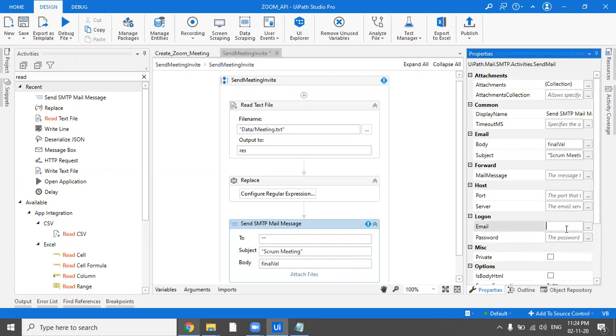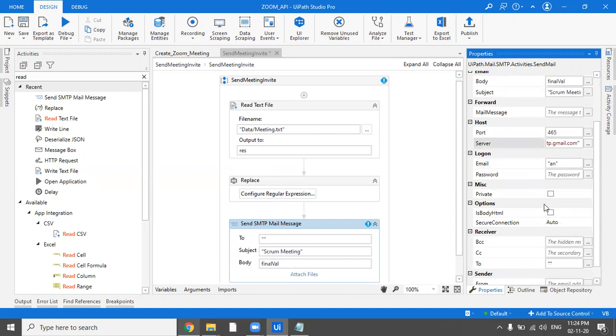The email would be my mail ID. The port would be 465. The server would be smtp.gmail.com.